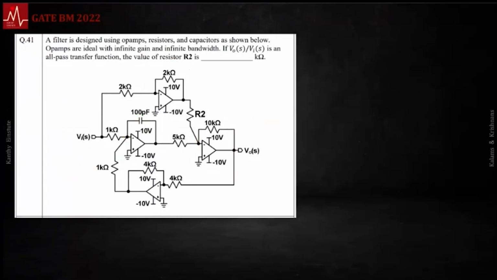If this is V naught, this is V naught, really easy. I'm following this line along. So this is the input to the inverting amplifier. I'm following that line, V naught. That makes this